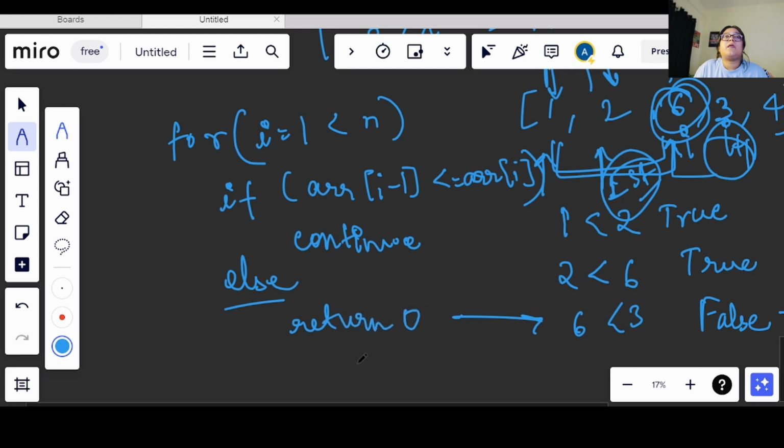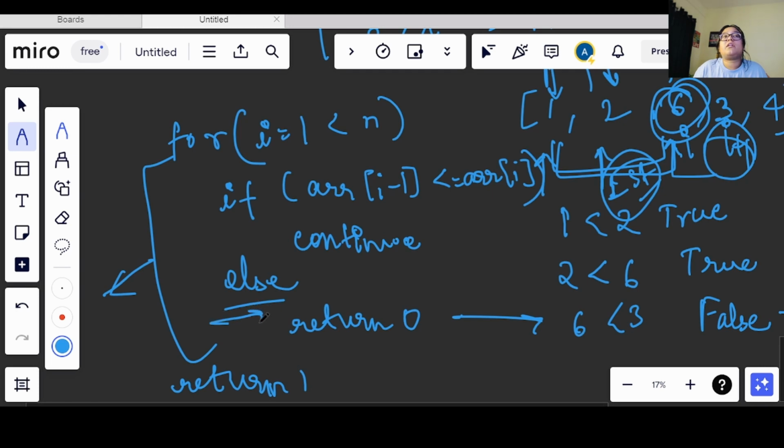Now here, as soon as we find that it is becoming greater, we will return 0 from there only. Once I have completed the iteration in the entire loop, it means there is not even a single element which is making the array unsorted. So out of the loop we will simply return 1 for that case.